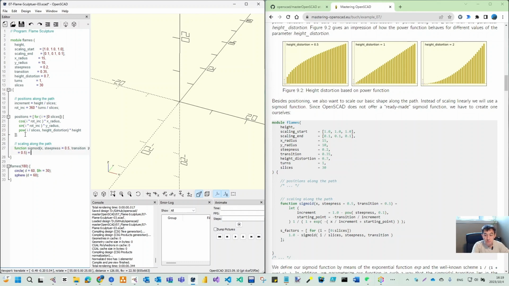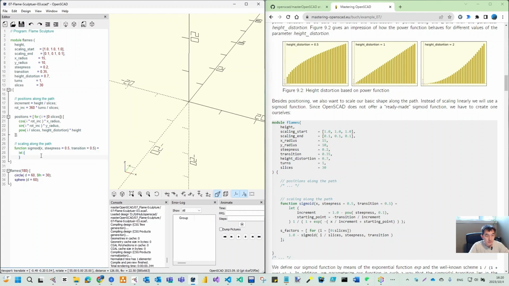This equal to let increment equal to 1.0 minus tau, thickness 0.1, and the starting point is our already defined perimeter. Is transition increment,